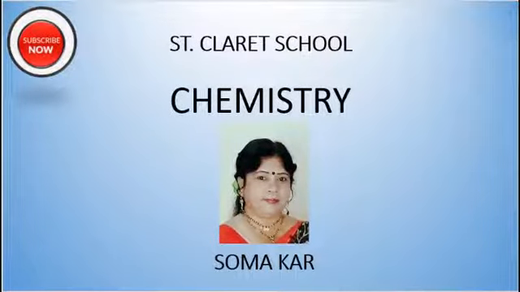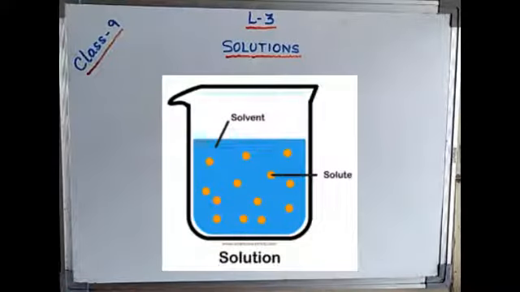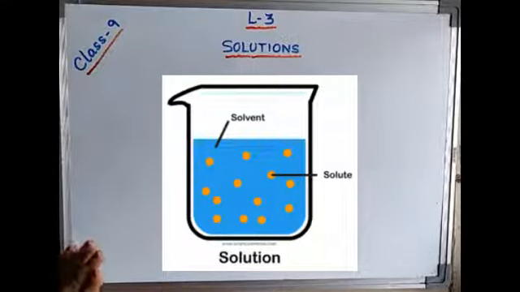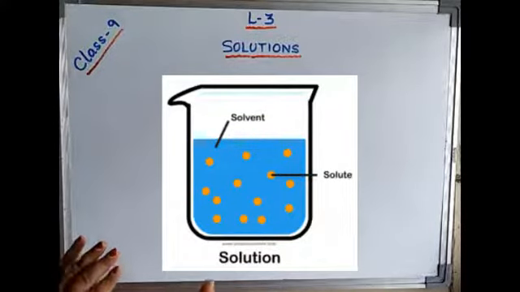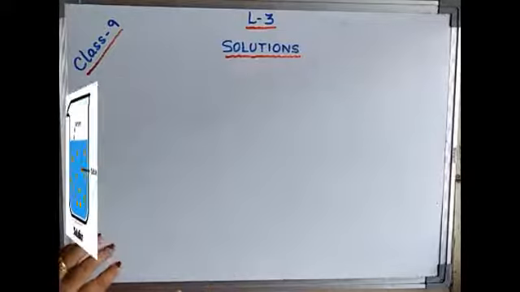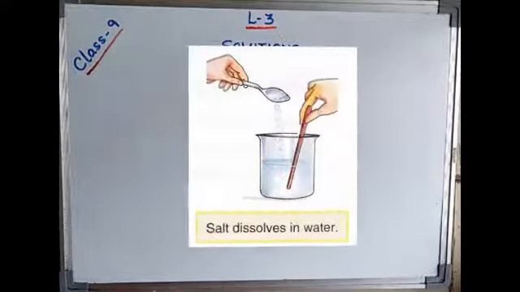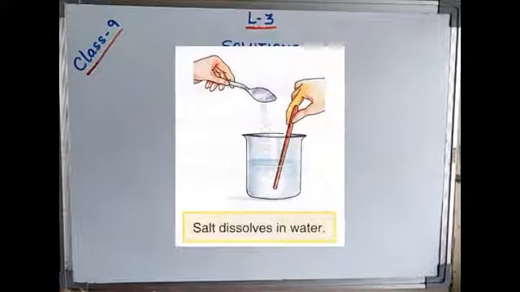Today I am going to discuss the same lesson, in which I will discuss the topic solutions. Now what is a solution? A solution is a homogeneous mixture of two or more components whose composition may be gradually changing with the amount of the component which has been used there. And in the mixture chapter also, in the lower classes, we have learned that sugar solution and salt solution are examples of homogeneous mixtures.